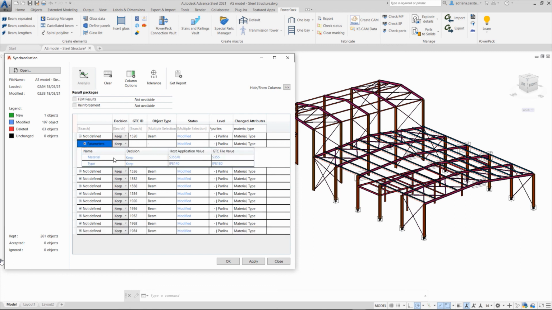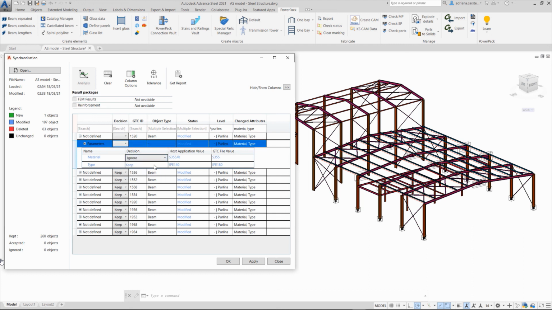So what is interesting here is that we can see after and before the section optimization. You can see here the modification coming from Advanced Design with this new steel profile, and in this example we can accept the modification, or ignore it, or keep it if we want to make it later.